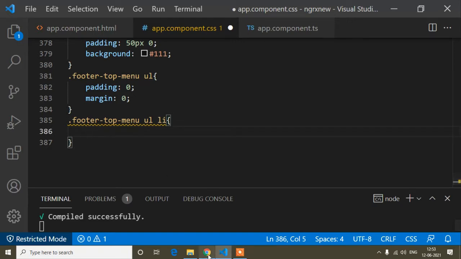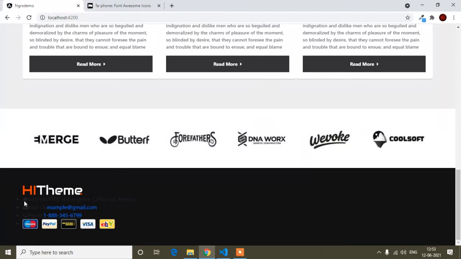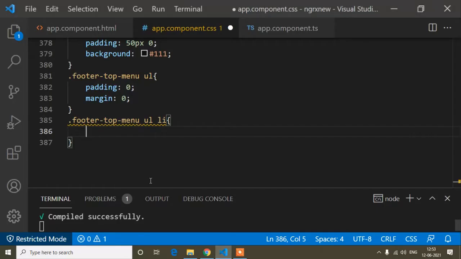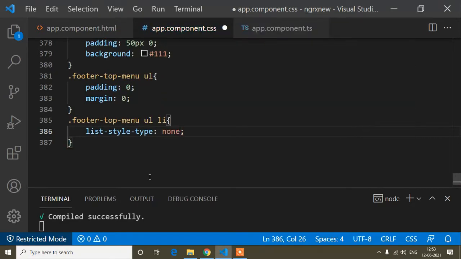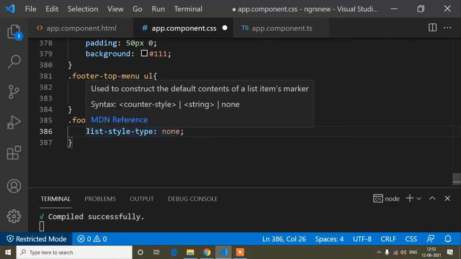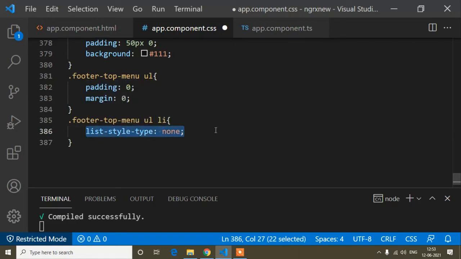So the first css property, you can see here the dot is coming. Every li tag has a dot before it, and after that it starts the content. So now I will remove the dot. So here I will write the css property, that is list-style-type none, that helps to remove the dot. So all the css properties you have to remember.